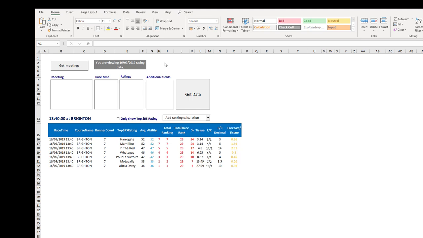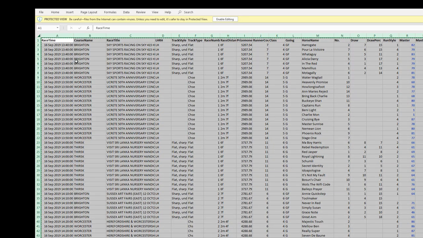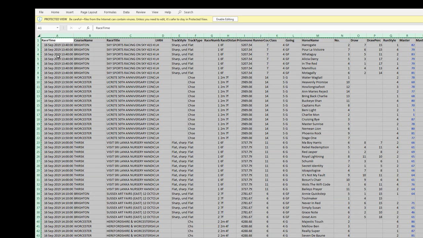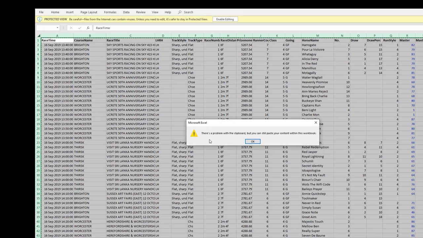So the first thing you want to do is, sometimes when you open this sheet, you will have enable editing and enable content buttons. You just need to click depending on the security of your Excel. What you also need to do is download the daily Excel sheet from Inform Racing once you've logged in, which gives you all of the data on the spreadsheet. And if you click the top little arrow in the corner and then copy all of that data,